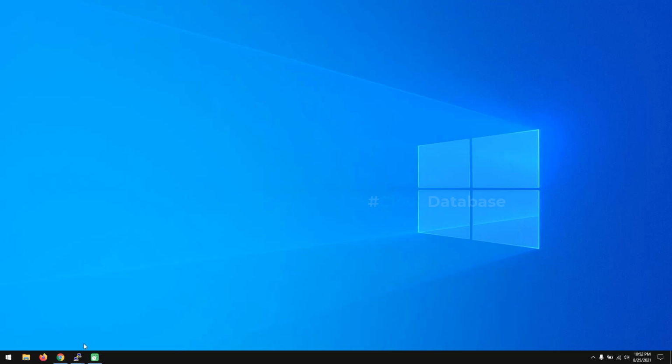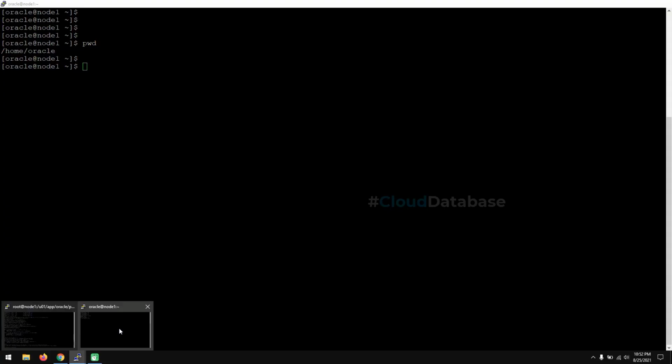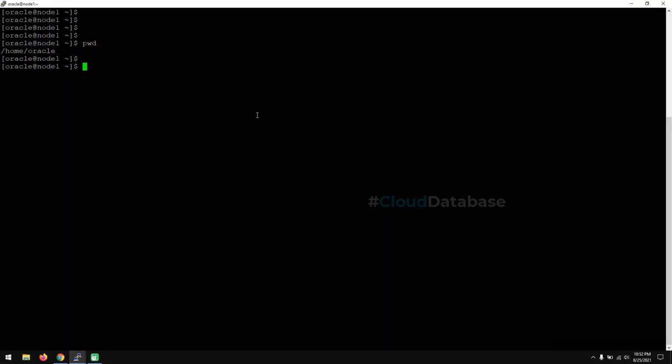So first of all, I have already taken this session, so you might already be aware of how to take the sessions. This is one of my Linux sessions. I already installed Oracle binaries and configured everything. I have not yet created any database on this server, so this is the first command to check whether databases are running on the server or not. SMON is one of the background processes of Oracle, so based on that we are checking.